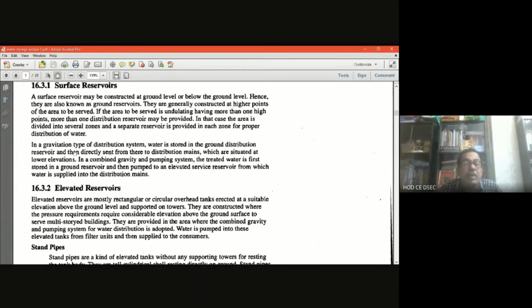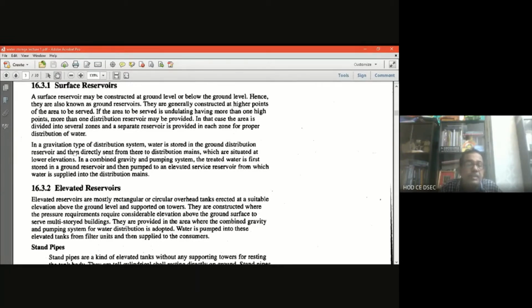Where the pressure requirements demand considerable elevation above the ground surface to serve multi-storied buildings. For distributing the water to the end users in multi-storied buildings, we require considerable pressure, and for that an elevated tank is required. So they are provided in areas where the combined gravity and pumping system of water